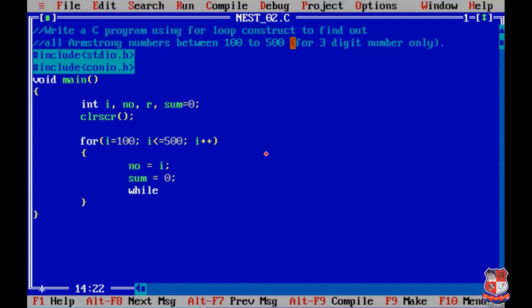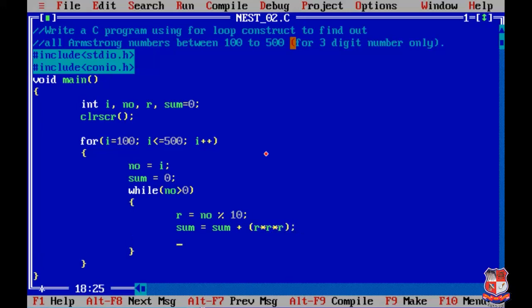Now we are using a while loop. Inside the while loop we have to write the condition, which is number greater than 0. Now we are creating the body of the while loop, and inside it we have to write those three equations, that is r equals number modulo 10, then sum equals sum plus r cube, so for that r into r into r.